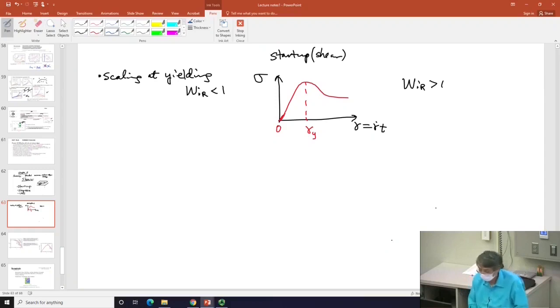Right away, there is a scenario of what we do versus the scenario of what the tube model says. Okay, so we have